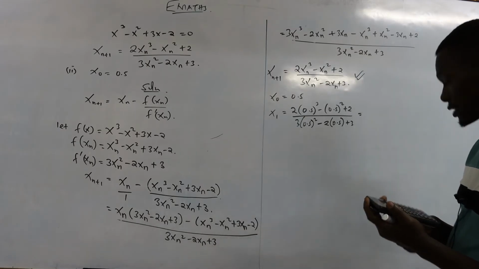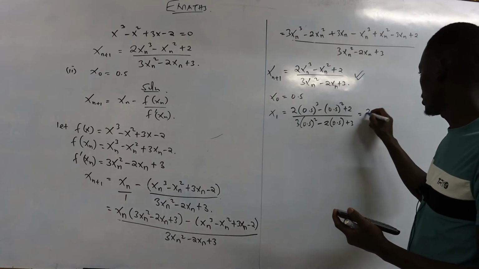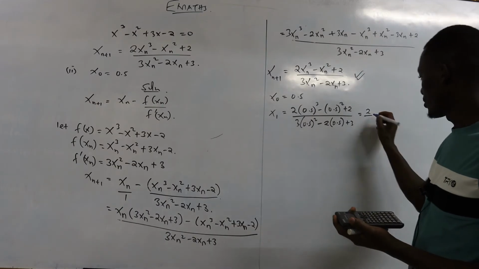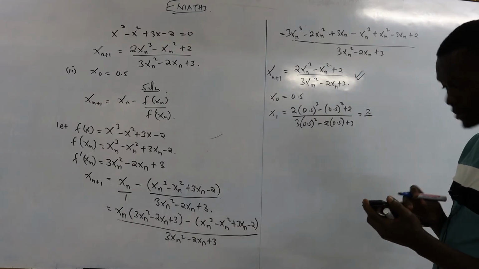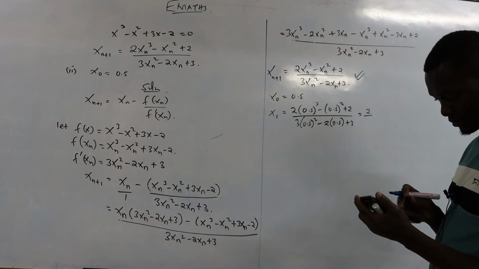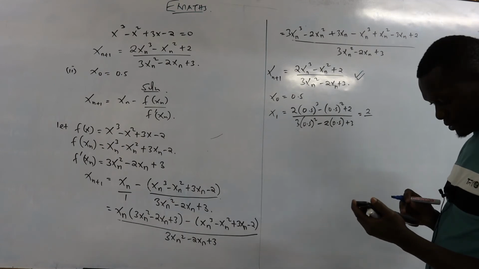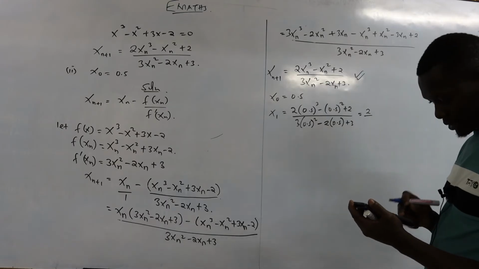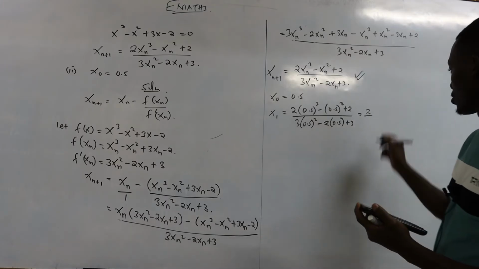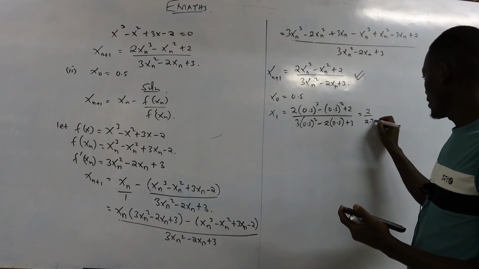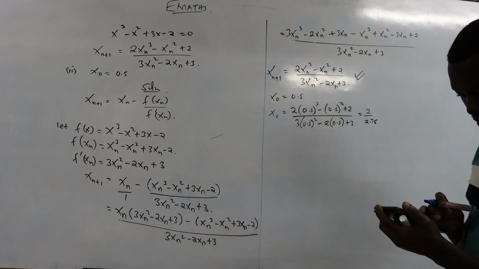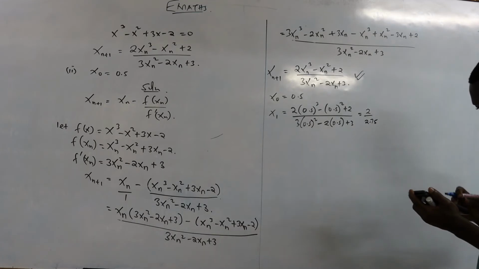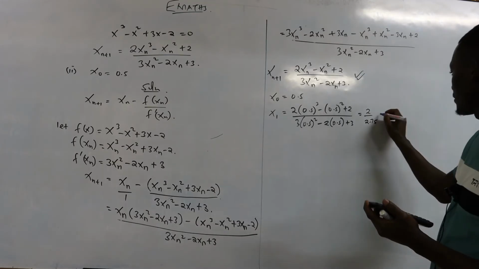So the numerator gives us 2 as the solution. Then the denominator, we have 3 times 0.5 squared minus 2 times 0.5 plus 3. So it gives you 2.75. So 2 divided by the answer will give us